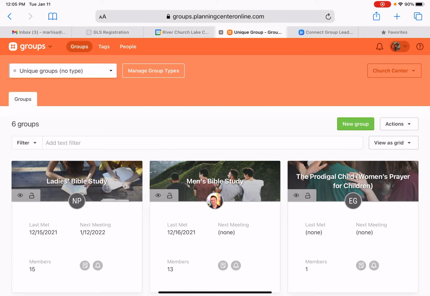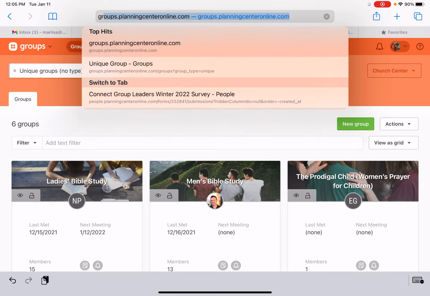And there's also another interface where, and I'll show you this, if someone is visiting the church and they want to find out about small groups, they can easily do that. So, pretty simple. How you get there is